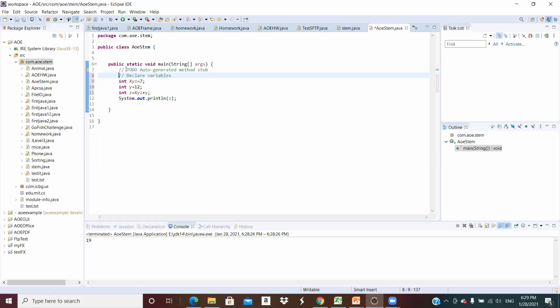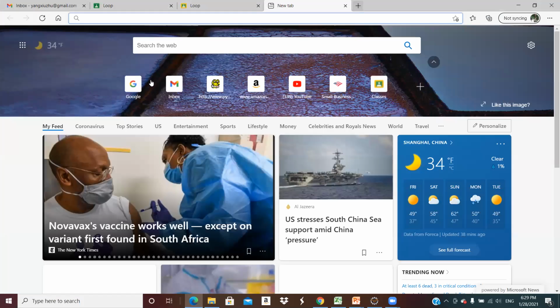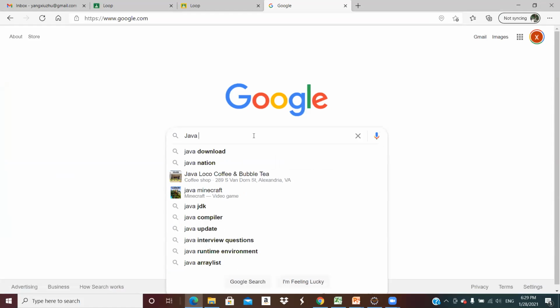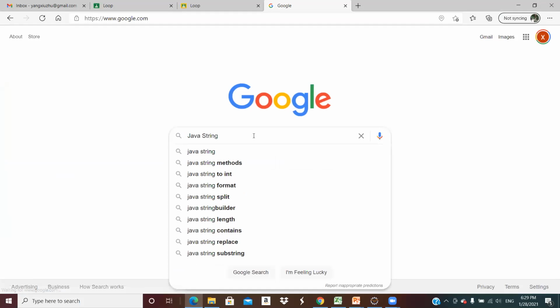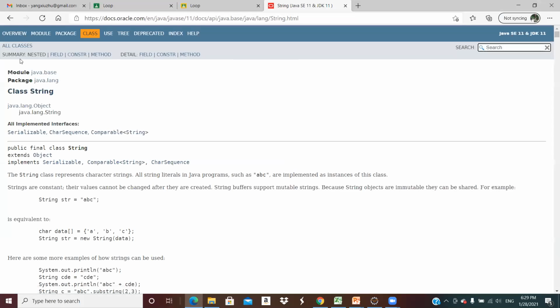This is also used to generate a help file. Why do we need it? So let's just do this. Let me go there. Let's just say Java string. You don't have to do it. Let me just do it. And then you see different versions of Java. I click on this one. You see I get all those